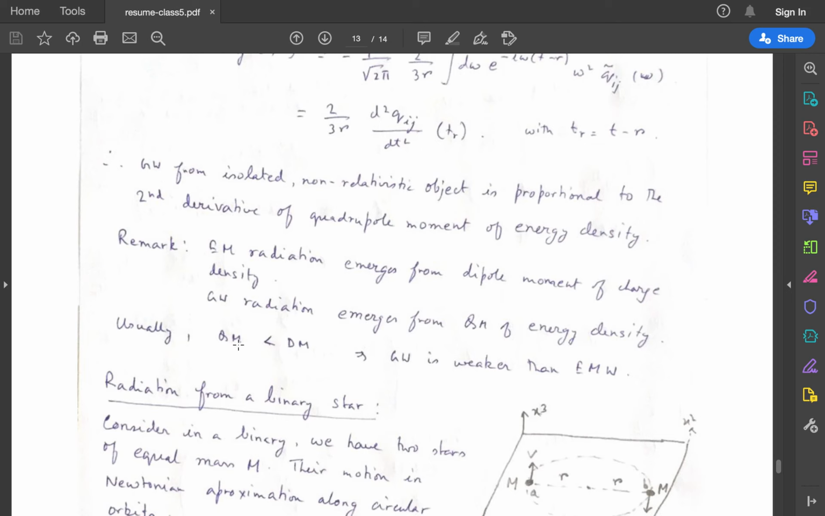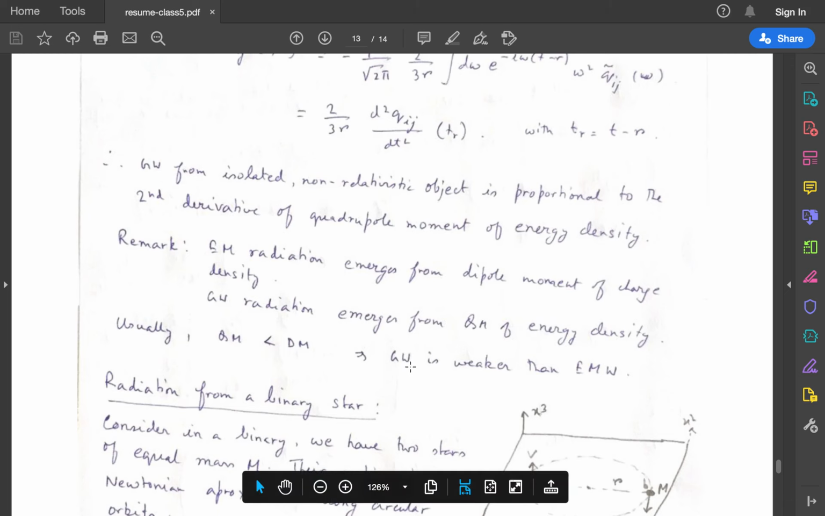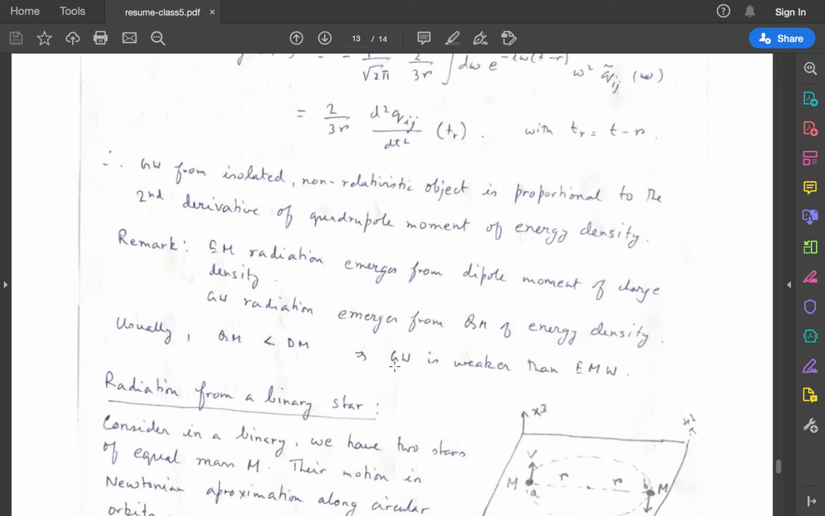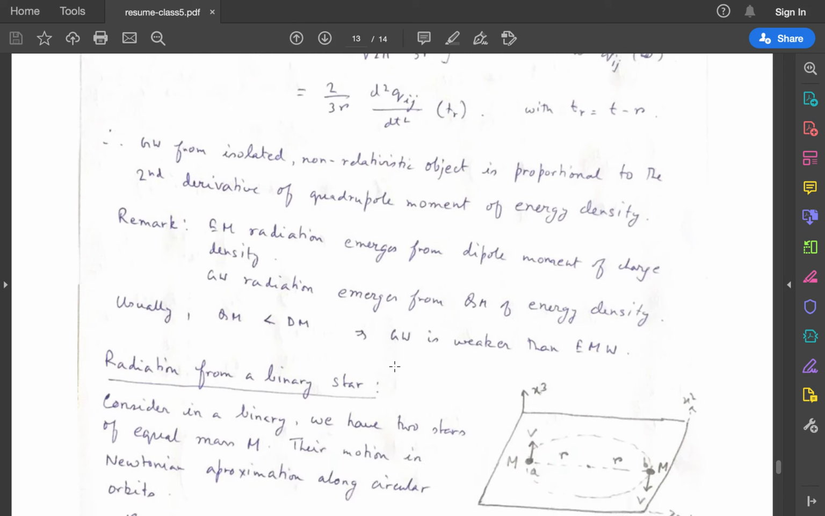And you know that usually in most cases the quadrupole moment is less than the dipole moment. Therefore, gravitational wave is weaker than electromagnetic wave, and it took so many years to even discover gravitational waves. After more than 100 years that we have got electromagnetic waves, we have to wait maybe 2 centuries to get gravitational wave detection. So let us check this